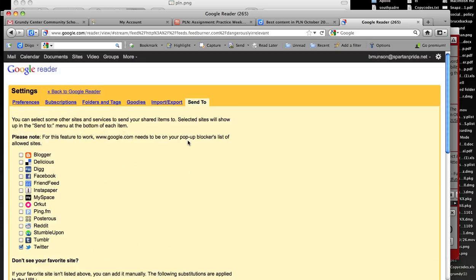And the Send To is the one. I have checked Twitter and put my information in for Twitter. What that does for me is when I'm in my Google Reader, okay, again, I went to the wheel up here in this view and went to Reader Settings. What that does for me in my Google Reader is it allows me